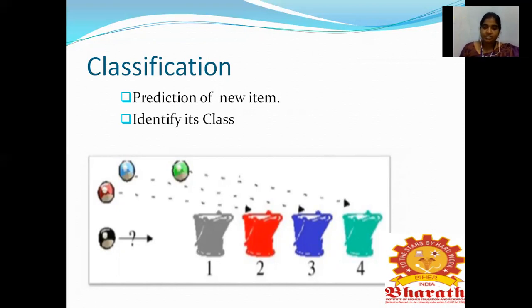Consider the example. I am going to classify the data in an organization or a shop. Consider it is a supermarket. Here I am going to classify into three groups. First one is people with high level income, middle, and low level income. I am going to predict the financial background of the customer.